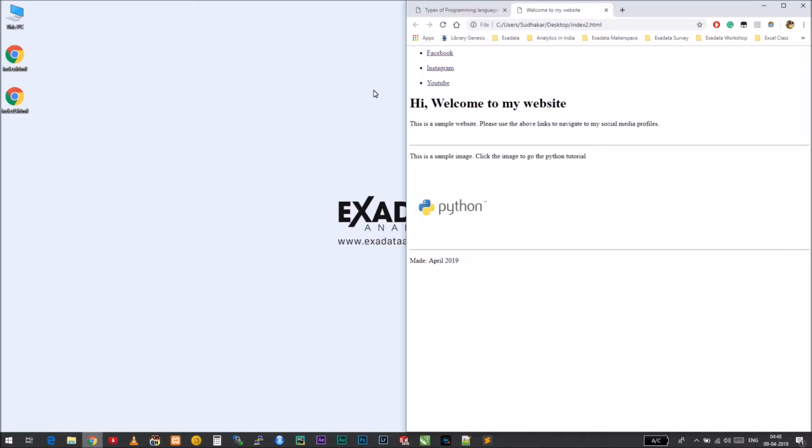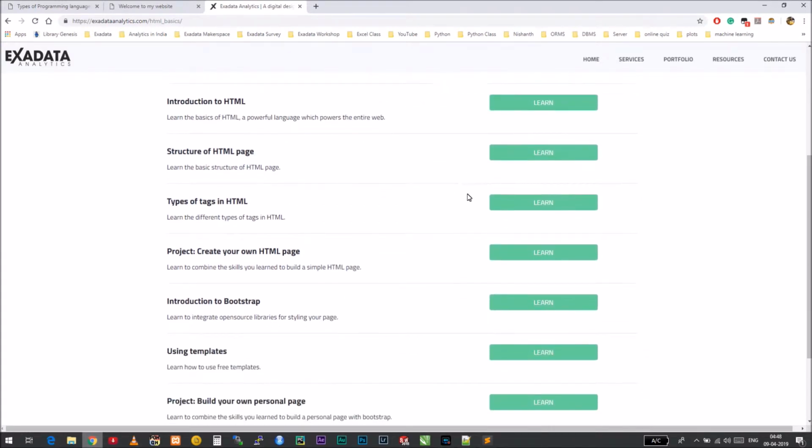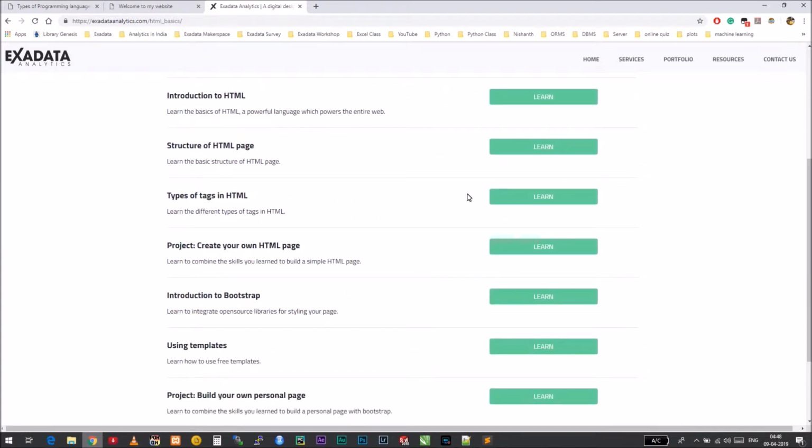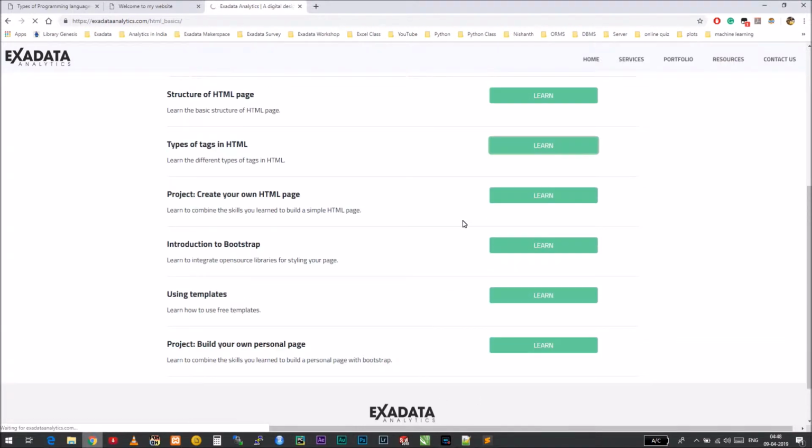Besides the tools, whatever tags we learned so far and how the structure, there are a lot of tags in HTML. You can just go to W3 Schools. You can browse through this particular website. I'll leave the link of the site in the description below. If you click types of tags in HTML,